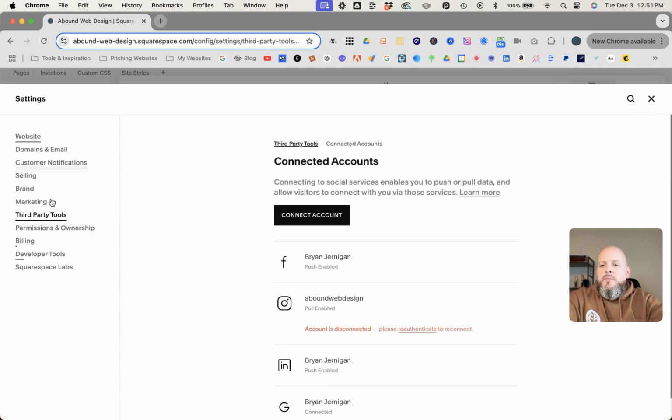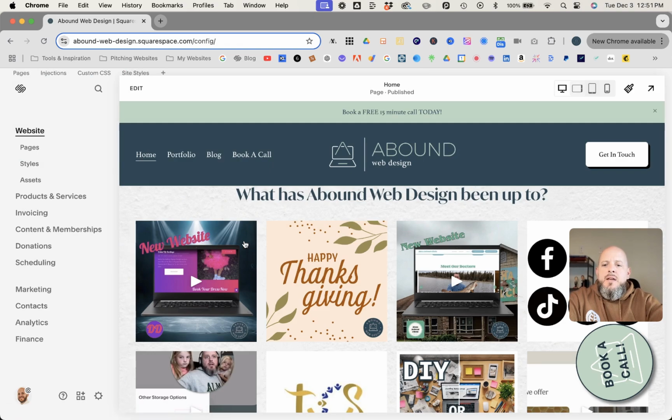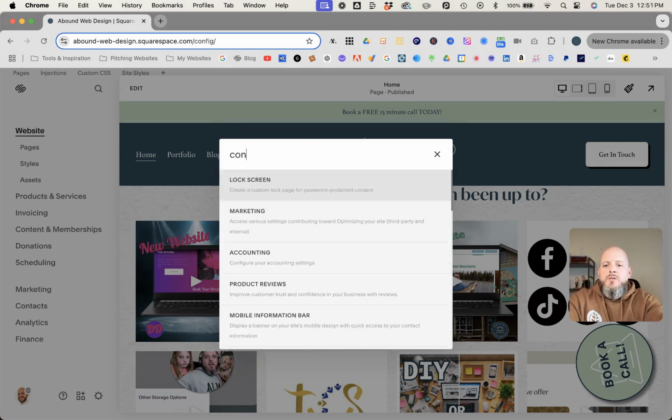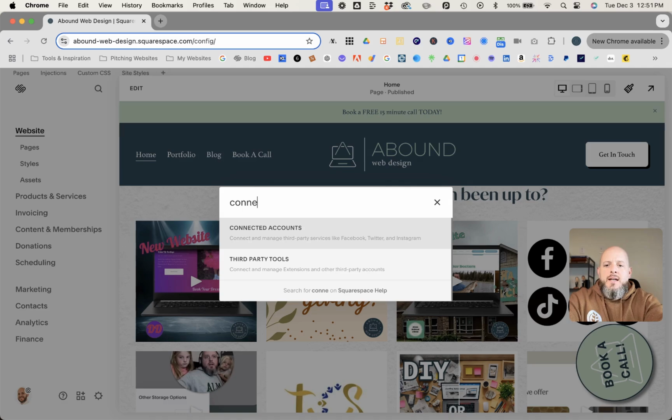And if Squarespace has changed this around, or you just don't remember how to get there, or whatever the case may be, you can always use the shortcut of the forward slash. So same key on your keyboard is where the question mark's at. But this will pull up a search, and then you can search connected. If I can type connected accounts,